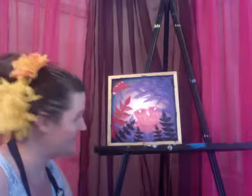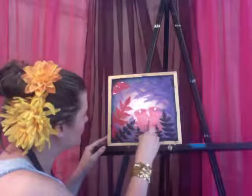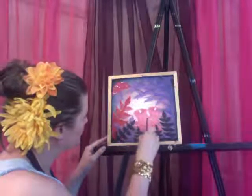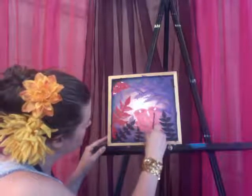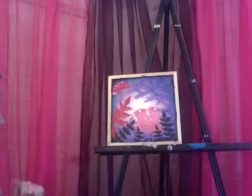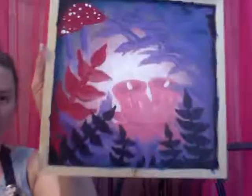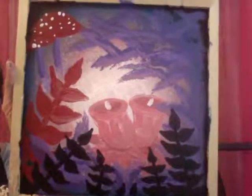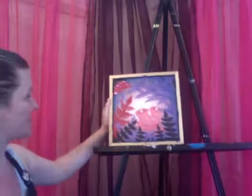What do you guys think? I like it. I think that's it, you guys. I think that the only little thing I want to do is throw a darker red, just